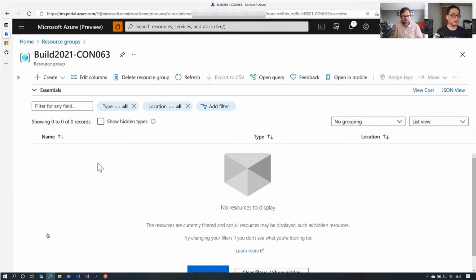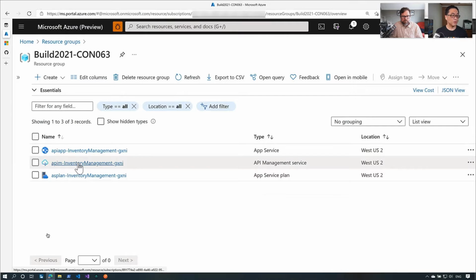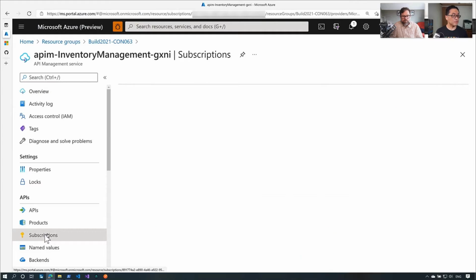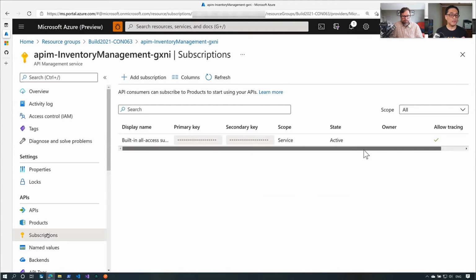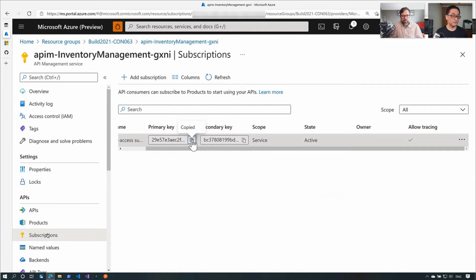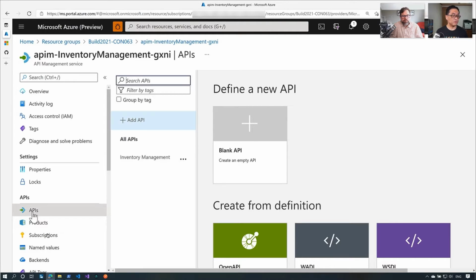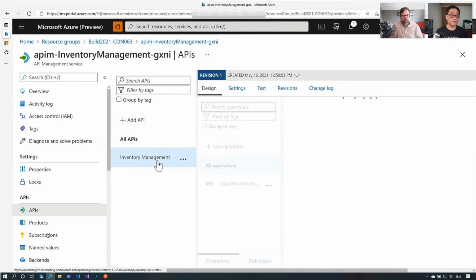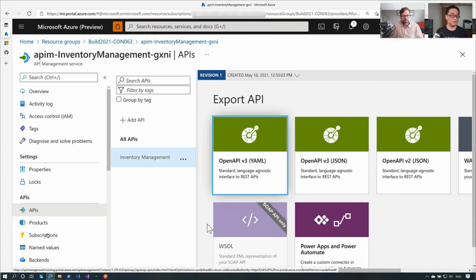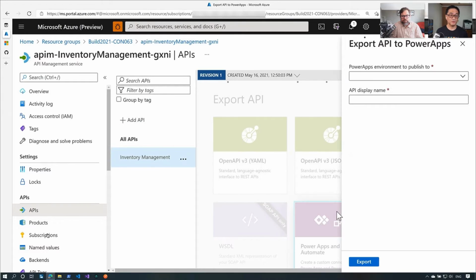Now, what we are going to do is check the application deployed onto Azure, then go to the API Management side. Go to the subscription, and we need to get the subscription key for the further authentication. So we copy the API key here. Then we will be able to see the one API which we just deployed. Click the three-dot button there and click export, and you will see the Power Apps and Power Automate tile to export